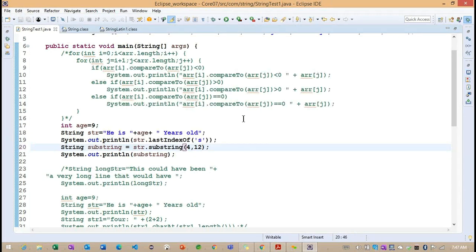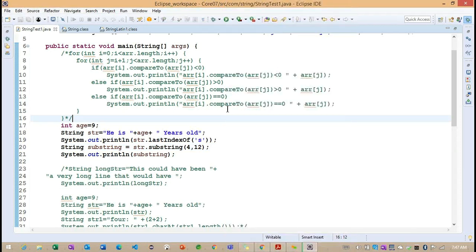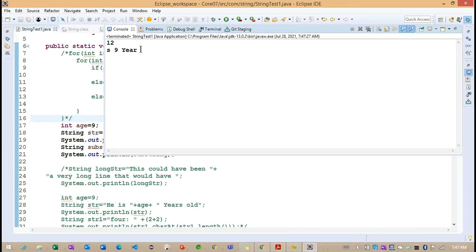Now if I'm going to provide 12, you need to think very carefully because this is the other substring method. So what is it doing here? Between the 4 and 12, whatever the string object we are having, we are copying and creating one more object here.